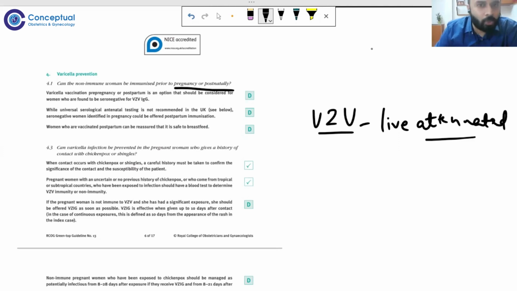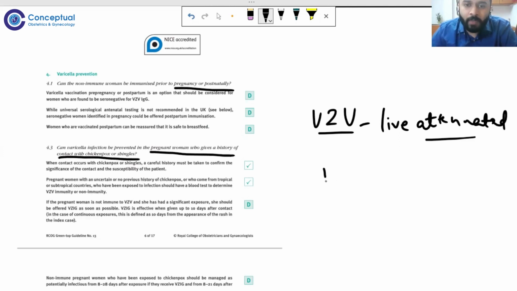So, what if a patient has come to you? This patient whose picture I showed you had come to me with active chickenpox lesions. There was not much that I could do about it. But what if a female comes to you saying she has had significant exposure to chickenpox very recently? Now, what is significant exposure? Significant exposure is defined as